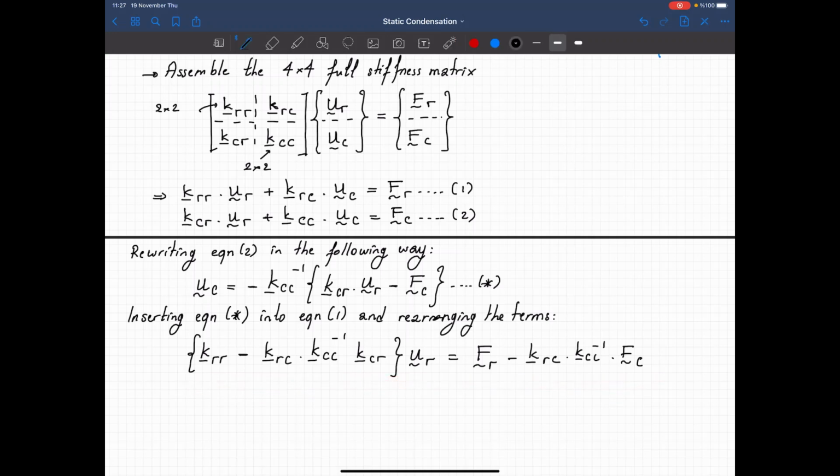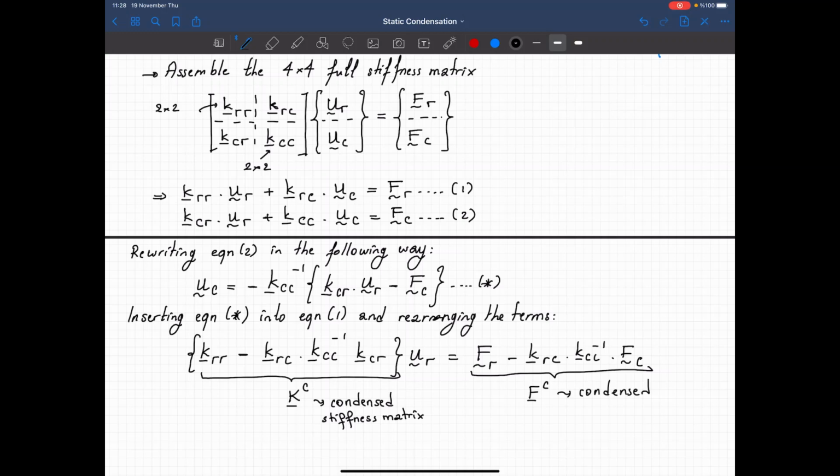Now what I see here is this will give me a new stiffness matrix, so I call it Kc, and this will be my condensed stiffness matrix. And if you take a look at this part, that will give me a new force vector Fc, and this is the condensed force vector. And my reduced or condensed equilibrium equation becomes